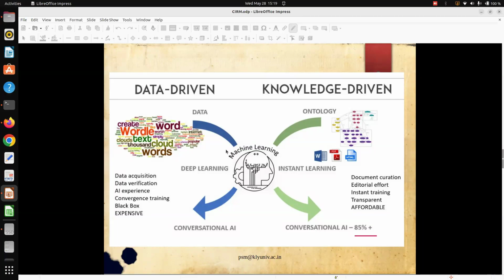Then you throw enough data, both structured data with labels like author is equal to XYZ, title is equal to ABC, and so on, or unstructured data. You tell nothing. You only give the name, title, and subject of the book without any label. So some is pre-labeled data, some is unlabeled data. Pre-labeled data is called supervised learning, unlabeled data is called unsupervised learning. So a mixture of both you can throw. Now machine learning technology can predict the pattern, and it can provide you a natural language based query interface. You ask a question, and it can achieve up to 85% accuracy.